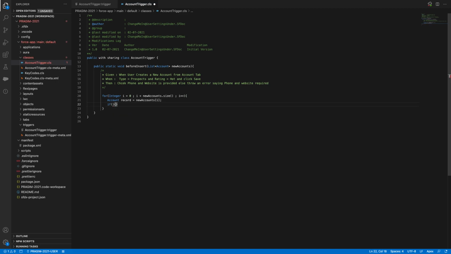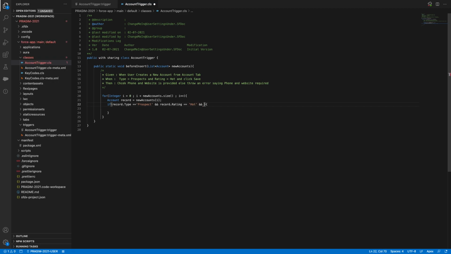We need to check if account type equal to prospect, record.Type equal to prospect, and record.Rating equal to hot, and